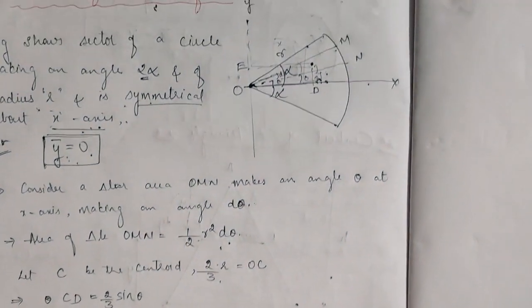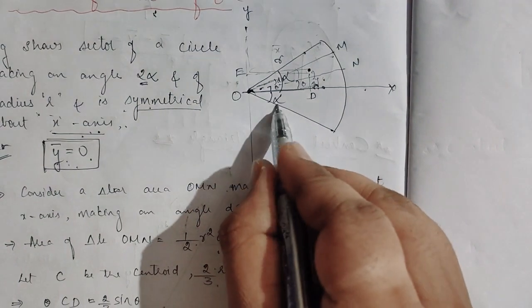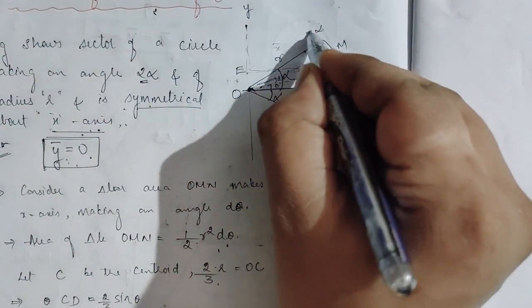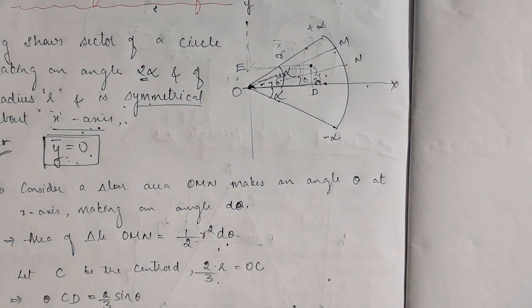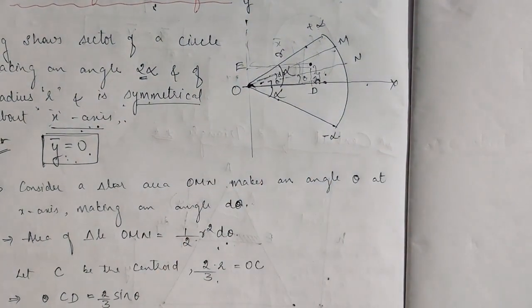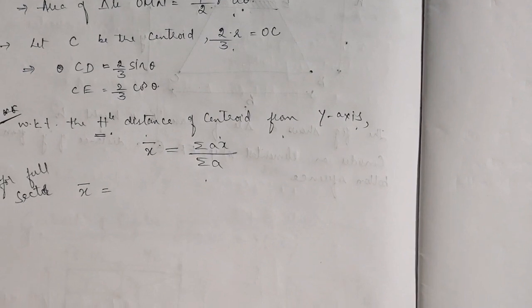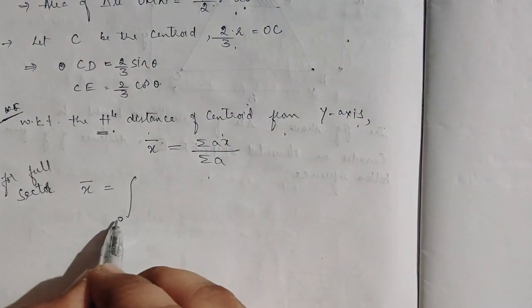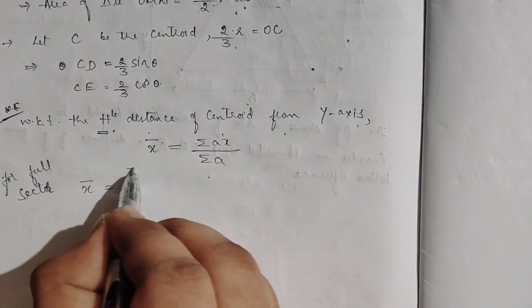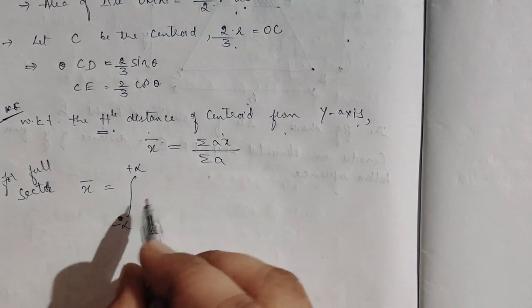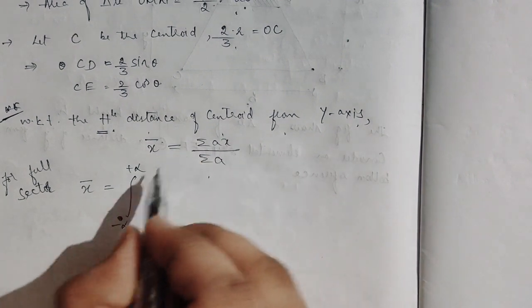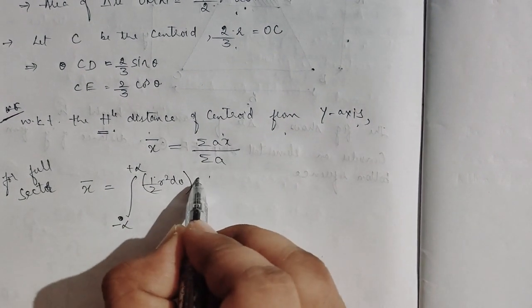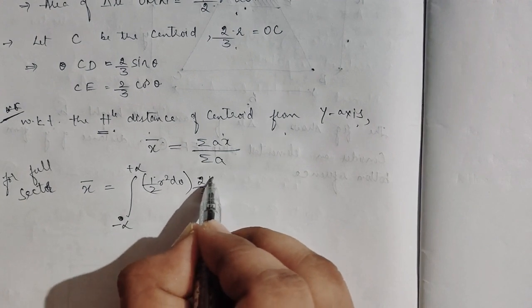So before integrating, here we have to take this alpha and this alpha both, so minus alpha to plus alpha. That's why we are taking this symmetrical axis to solve the centroid of a sector easily. That is, x bar is equal to, integral from minus alpha to plus alpha. What is the area element? We know that half into r square into d theta, and again 2 by 3